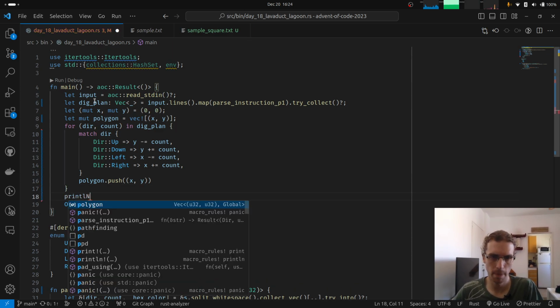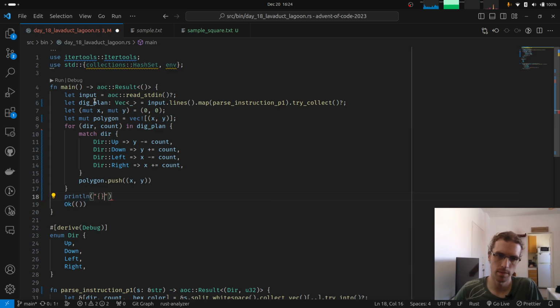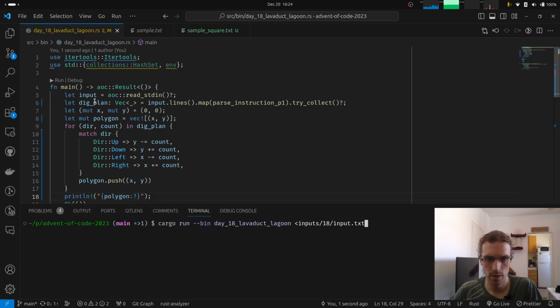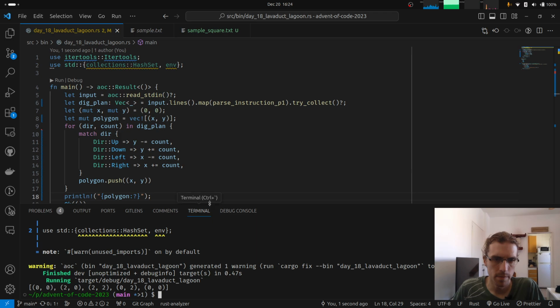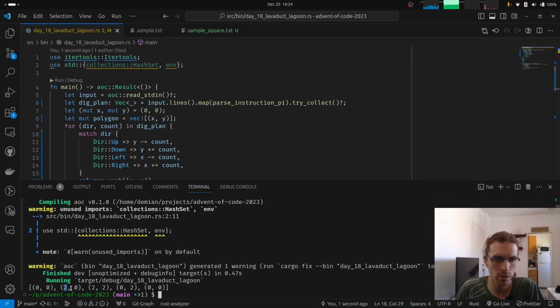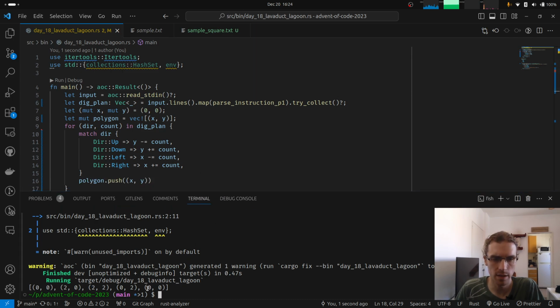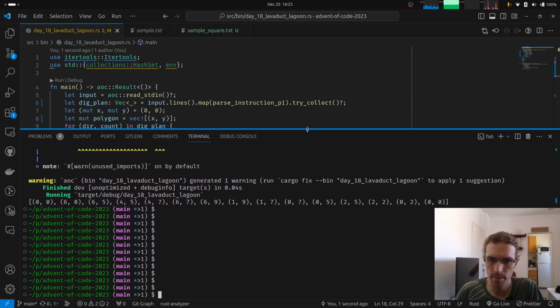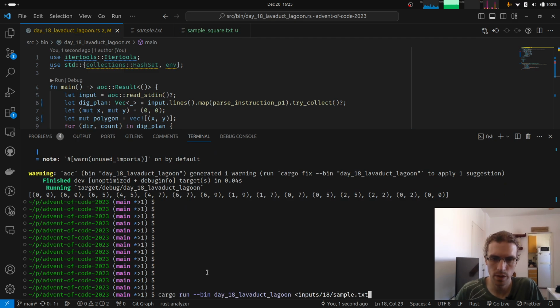We can probably print it. Print len. Sometimes I forget to do this polygon. And let's actually run this with the sample, the square sample. Yeah, 0, 0, 2, 0, 2, 2. Okay, and it ends up at 0, 0. Great. Actually, let's also run it with sample inputs from the puzzle description, just to check that it ends in 0, 0. That's correct. And if we run with the actual inputs,